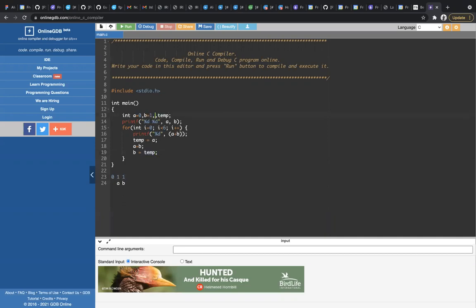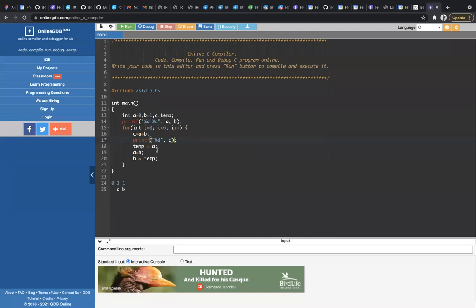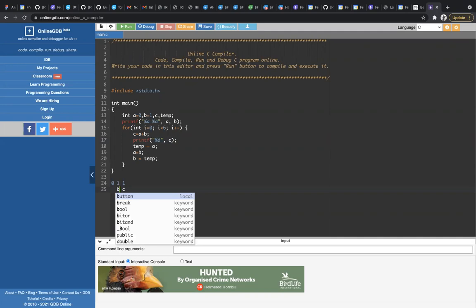So consider C. What I will do is first add the two numbers and store it in C. Then I will replace this with C. Now I have C here, B here, and A here.